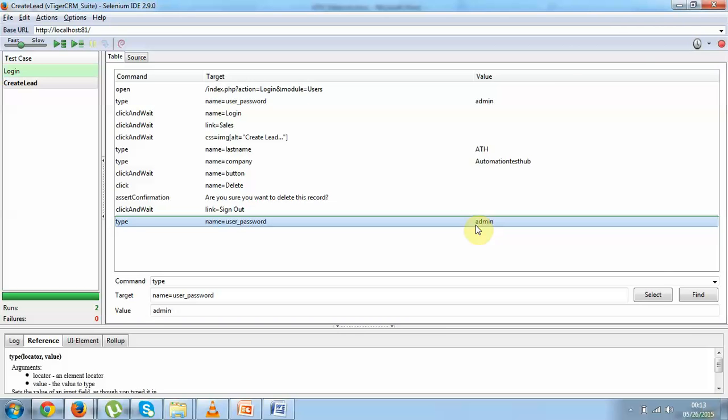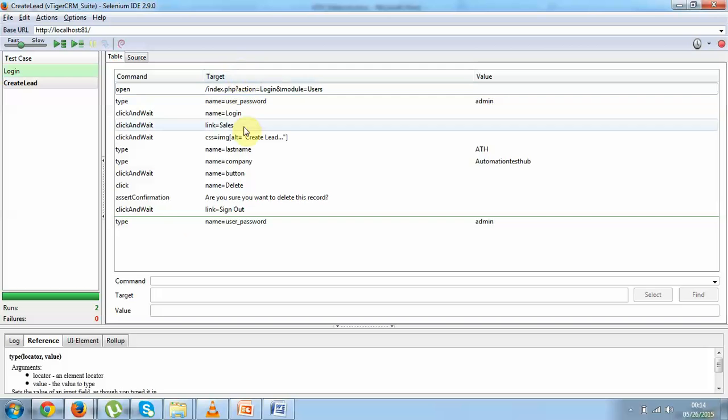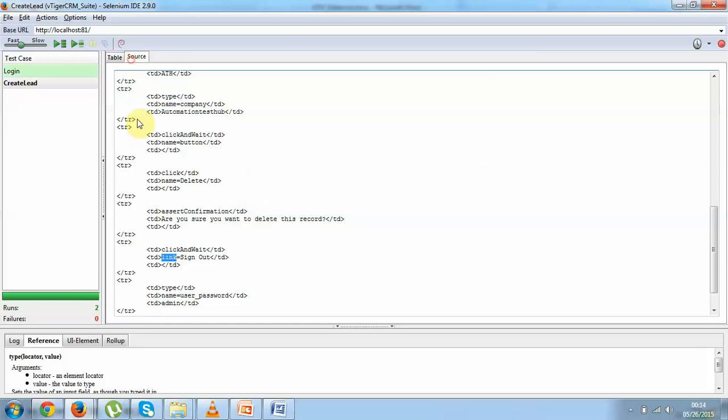So you can write your scripts in two ways. Either you can write in table view or in source view. If you want to write in source view, then you need to write first tr, then you need to write 3 tds. In the first td you have to define the command, in the second td you have to define the particular locators or targets, and in the third td you have to put the value. Okay,